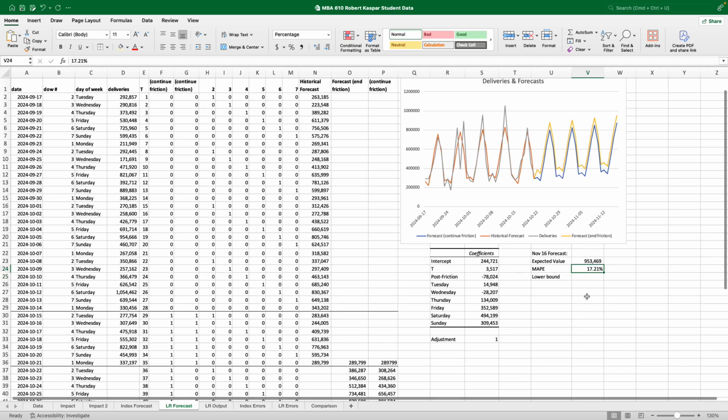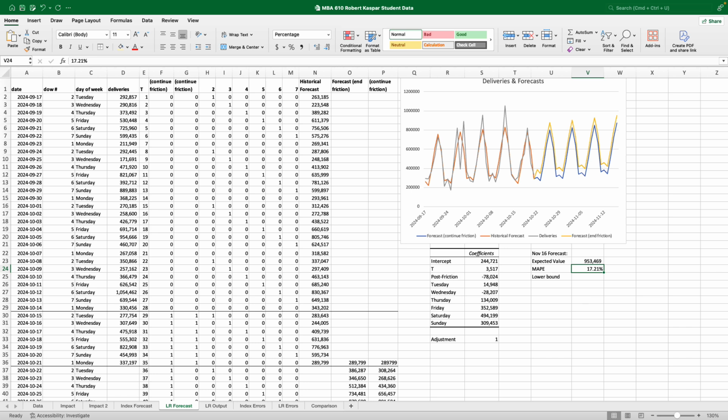But if I'm using my MAPE to give me a range, it could be equal to our expected value multiplied by 1 minus the average percentage error. But as an upper bound, it could be equal to our expected value multiplied by 1 plus our percentage error, in which case we would